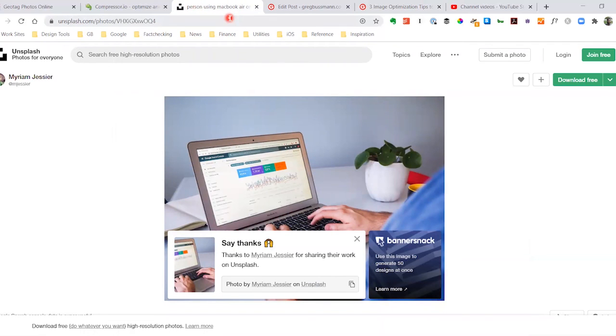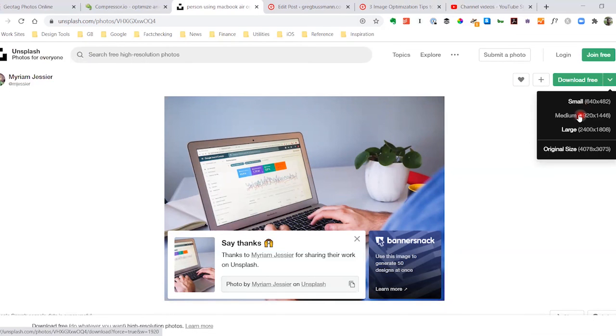If you don't take the image yourself, you need to go to a free stock photo website and get yourself a non-copyrighted image. You do not want to use an image that has a copyright on it. It's not worth it. You will get found out eventually. So, Unsplash here is my favorite. There's a million of them. All you got to do is Google it, and I download